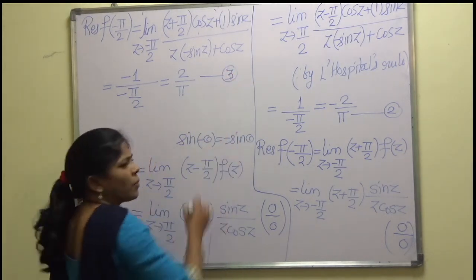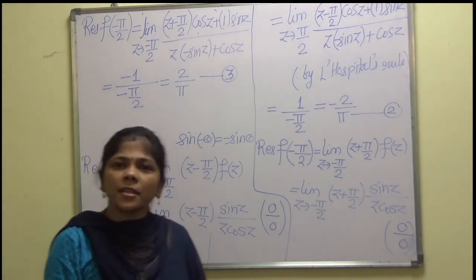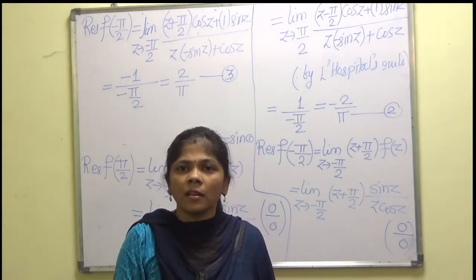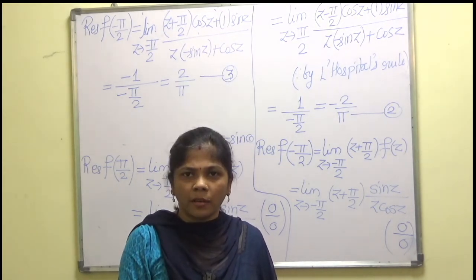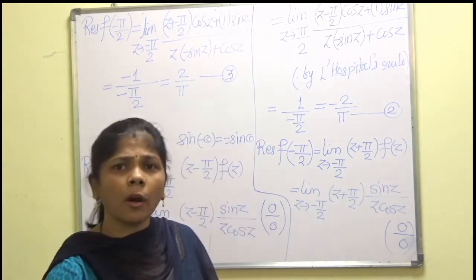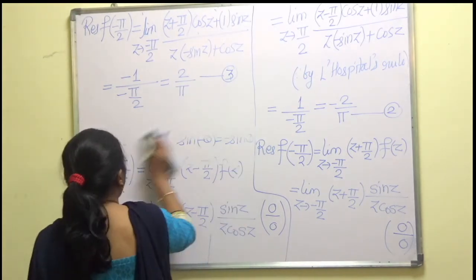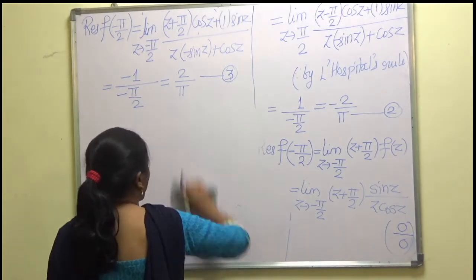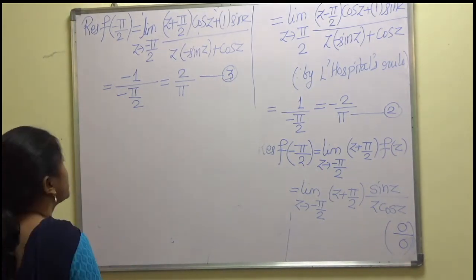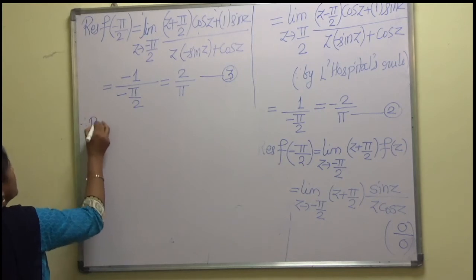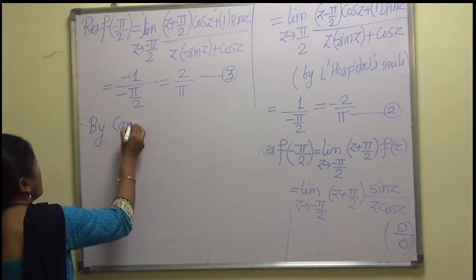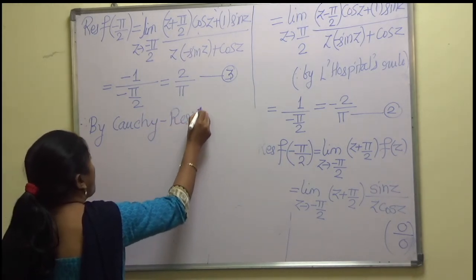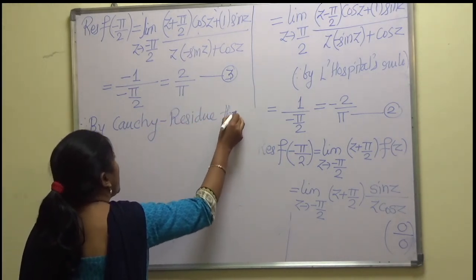So like this, what we have obtained? We have obtained residues at various poles which are lying inside the given curve. Now we have obtained all the poles. So let us apply the theorem. So therefore, by Cauchy residue theorem, we have